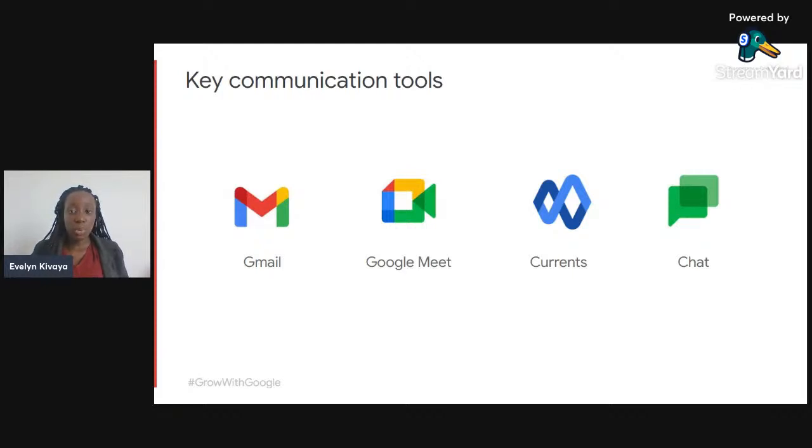You're also quite familiar with Google Meet, which I'm sure you've held video conferences via, and I really make use of Google Meet when I try to communicate with you, my SMEs. So I'm sure you're quite familiar with it. Let's not talk so much about Google Currents because it was eliminated by Google. The other tool is Google Chats, where you can receive instant messaging via Google, the same way you receive instant messages on WhatsApp.